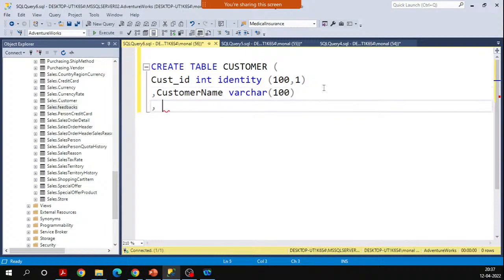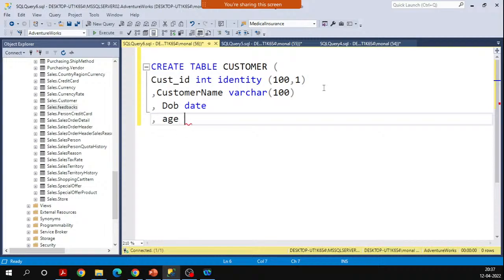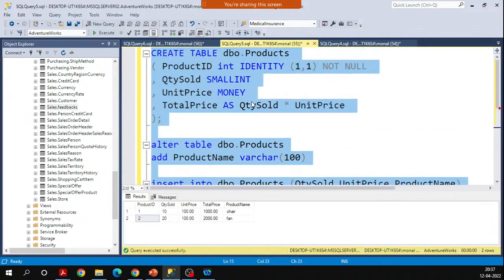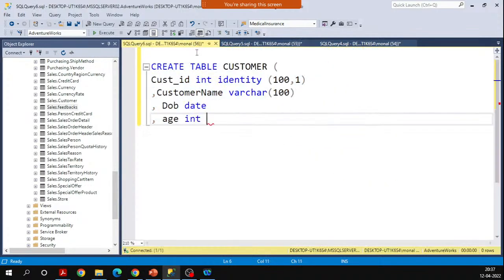Then date of birth of a customer, date, then age. So age is integer. How am I calculating it? Age can be calculated as the difference between today's date and date of birth. So how is it? DATEDIFF. I will explain what this date difference is,